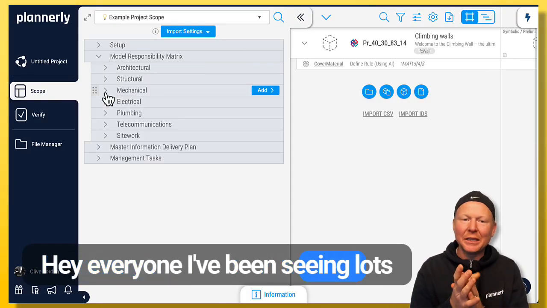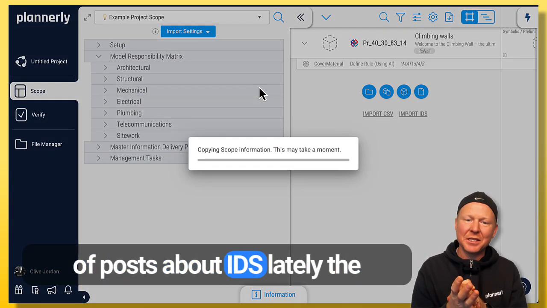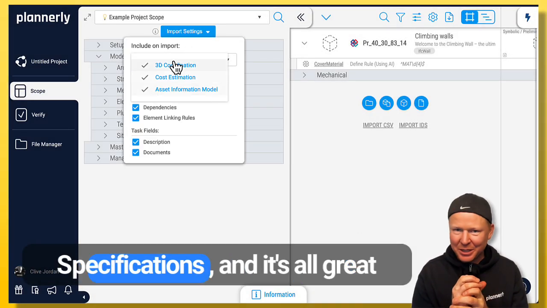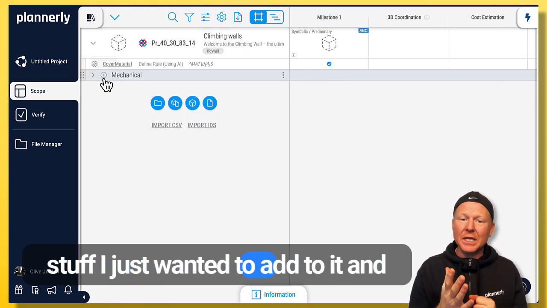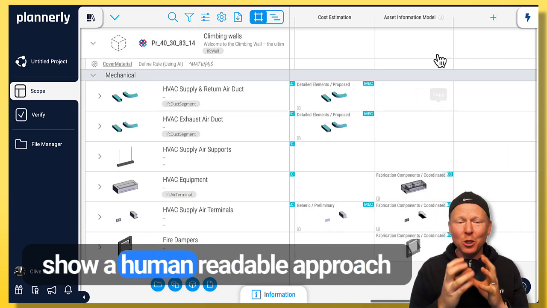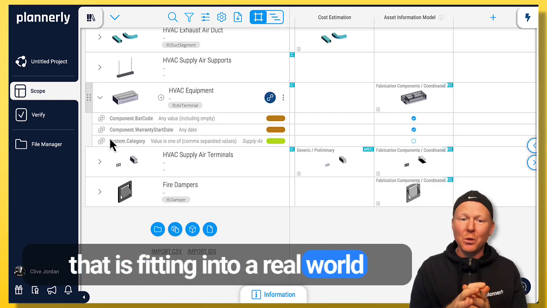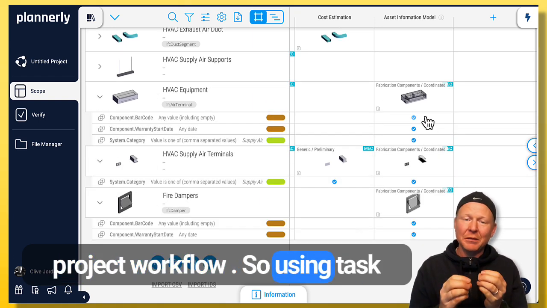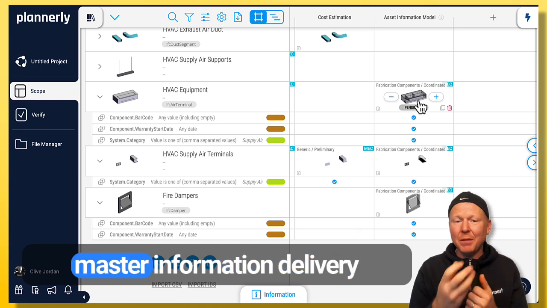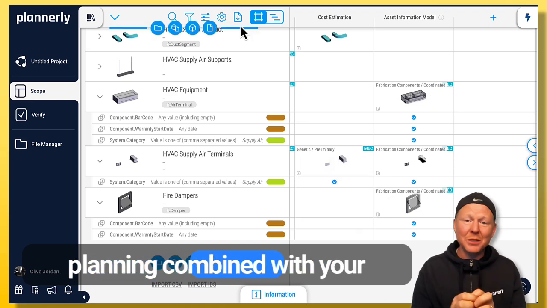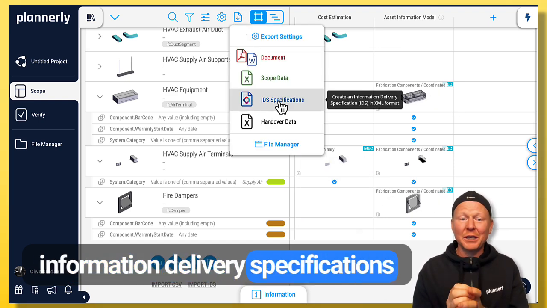Hey everyone, I've been seeing lots of posts about IDS lately, Information Delivery Specifications, and it's all great stuff. I just wanted to add to it and show a human readable approach that is fitting into a real world project workflow. So, using task information delivery planning and master information delivery planning combined with your information delivery specifications, all